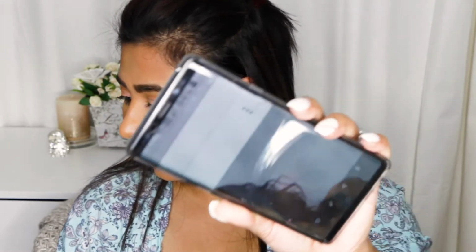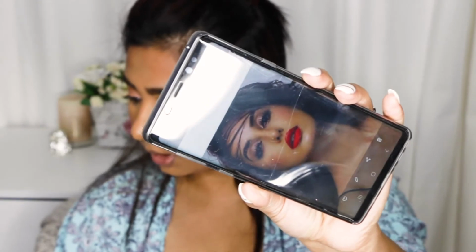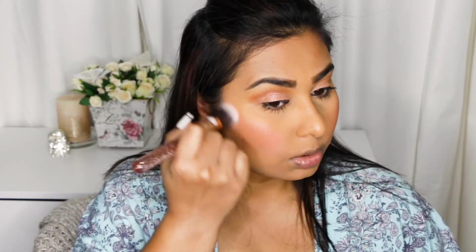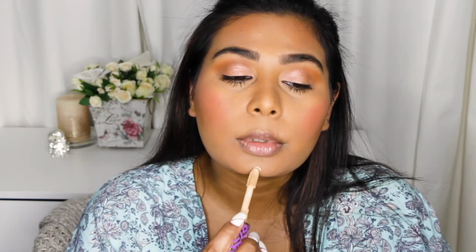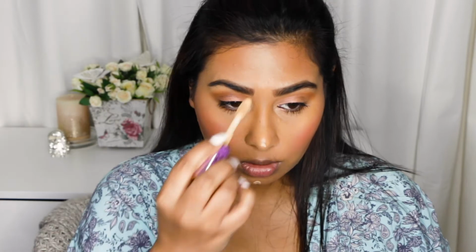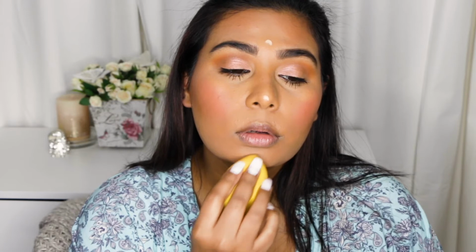Okay, a really heavily edited photo shows that her pink is just here. A not so heavily photoshopped one shows it's up there. So I'm also going to do the same thing. I don't know which one to follow, to be honest, but let's just pretend like it's going up. So I'm just going to push it up, not add any more product. She has really good highlighter up here, so I'm putting very little. I'm taking my beauty sponge and just